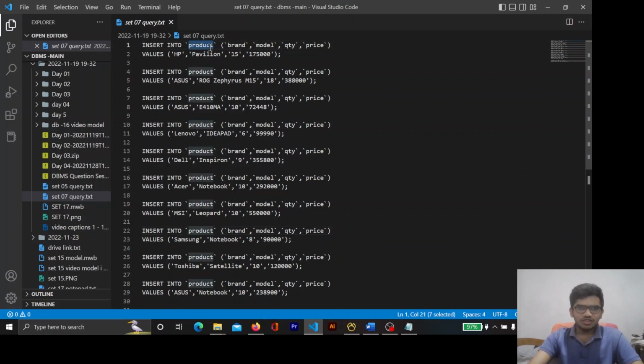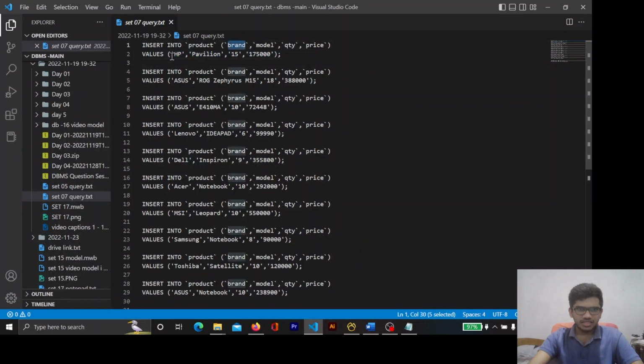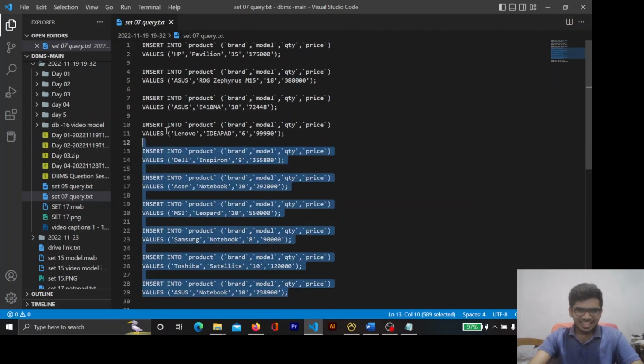We are inserting data into the product table, and the product table has the following columns: brand, model, quantity, price. For the first record, it is HP Pavilion. Brand is HP, model is Pavilion, quantity is 15 and price is 175,000. Yeah. So let me just copy this